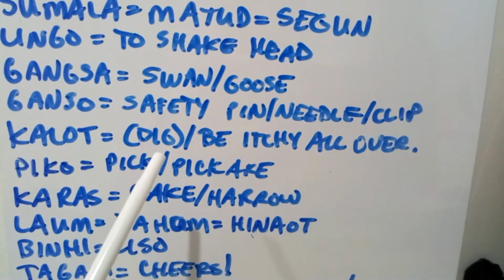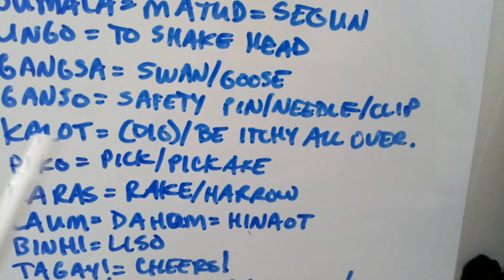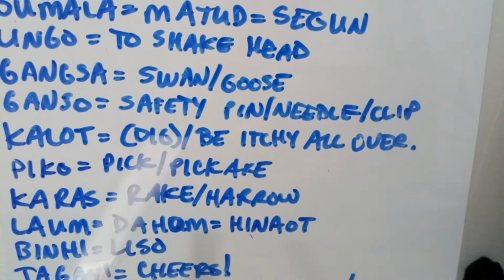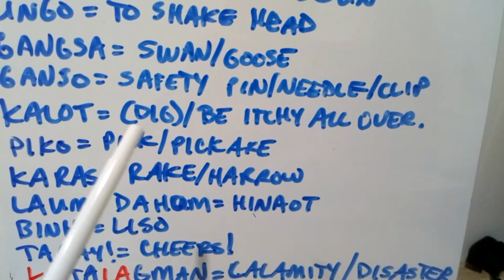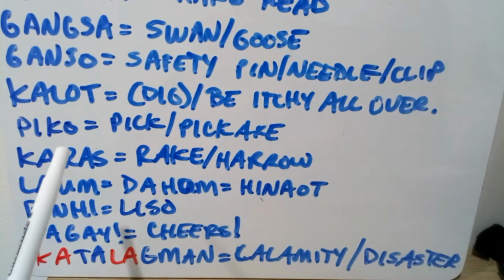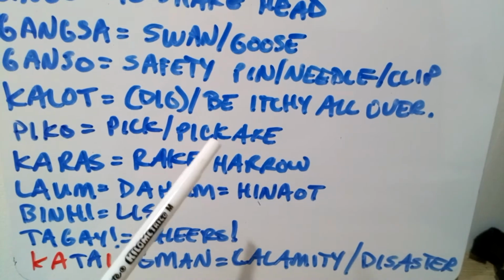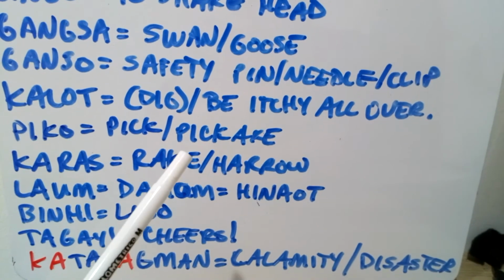Kalot can mean to dig as well, but we also can say kalot to be itchy all over, like it's just this massive itchiness or hives or something, right? Ooh, it's just kalot kalot. Very itchy. Pico is a pick or a pickaxe, like if you're gonna go ice climbing, or glacier climbing,